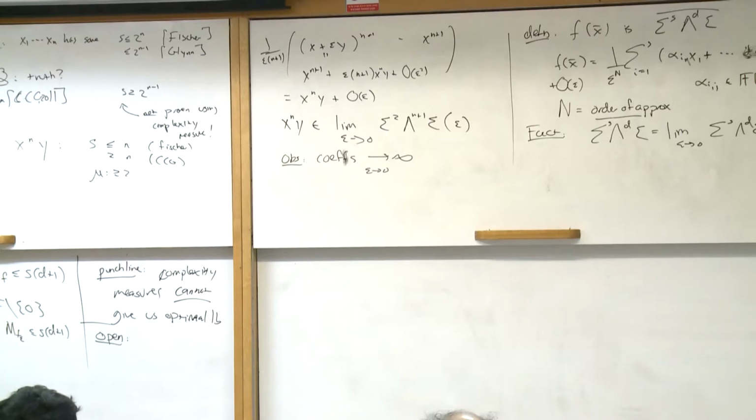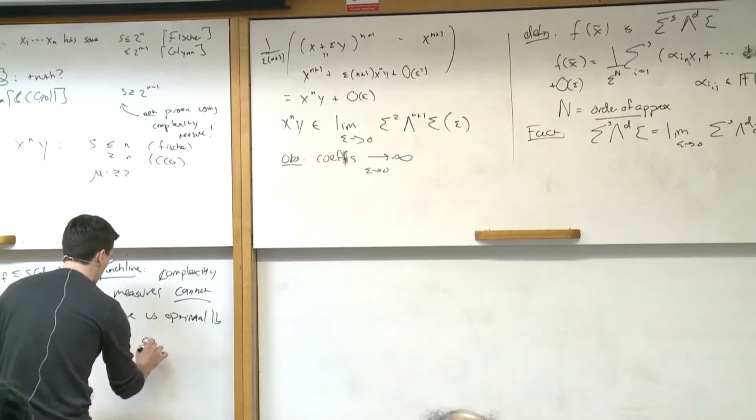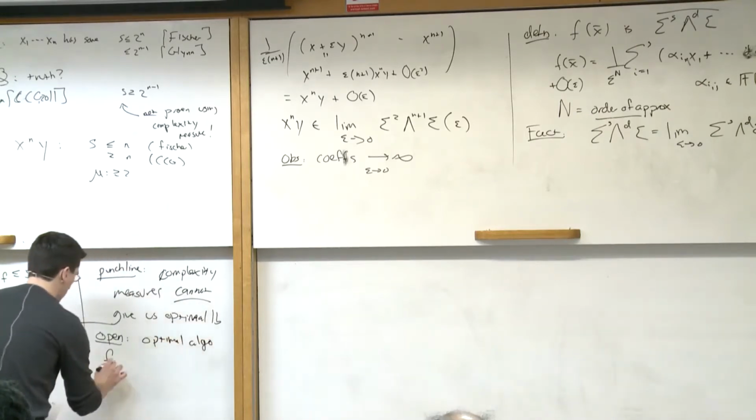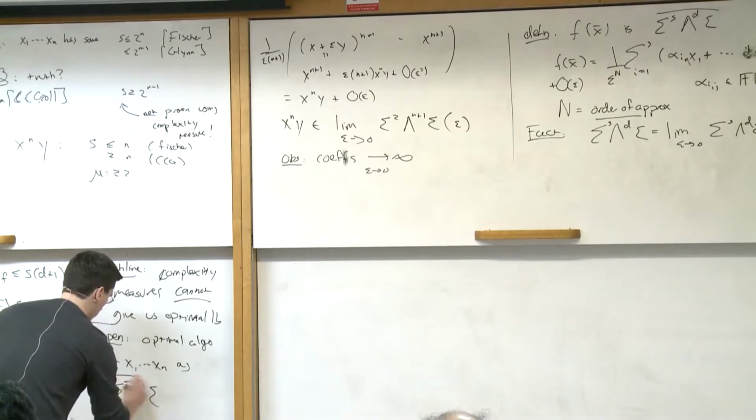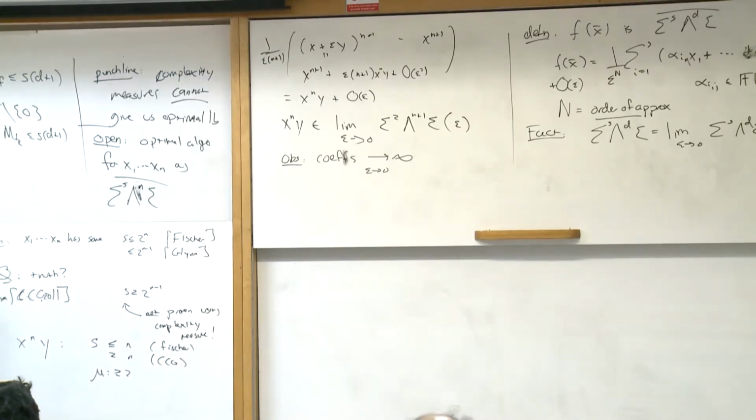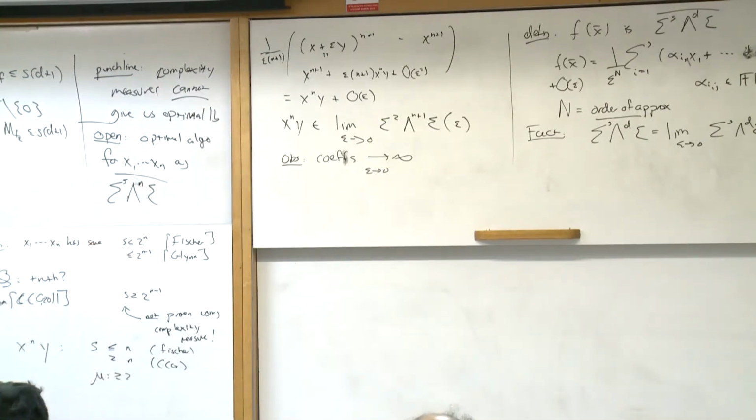But the thing we don't understand is, if you look at the monomial, this lower bound gives you a lower bound for S. But it's not just a lower bound in depth 3 powering, it's a lower bound for the border of depth 3 powering. And so the open question is, what is an optimal algorithm for the monomial in terms of the border of depth 3 powering? Without the border, we understand what the right thing is, but what is the optimal algorithm here? And this is generally an open question. Okay, and it's not to say that resolving this would get you a Gödel prize, but I think there's an interesting question there because a lot of the techniques we're familiar with don't seem to resolve this. Okay. So in general,